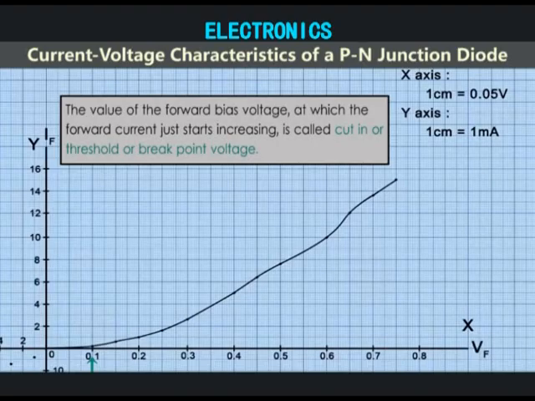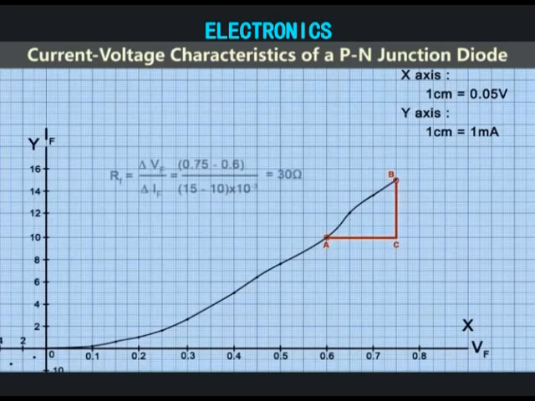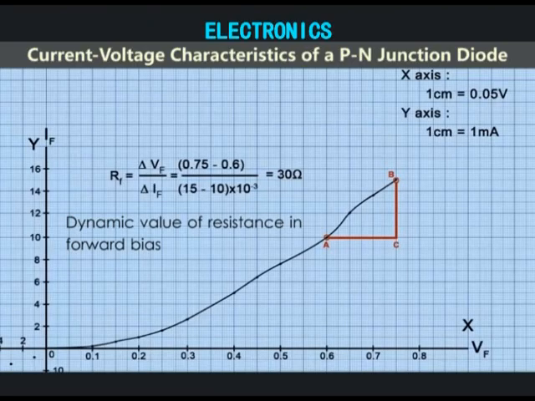The value of forward bias voltage at which the forward current just starts increasing is called the cut-in voltage or threshold voltage or breakpoint voltage. Calculate the slope of resistance Rf in the upper portion of the graph, where the value of voltage is less, the value of current is more, and the graph is steep. This value is generally less than 100 ohms and is referred to as the dynamic value of resistance in forward